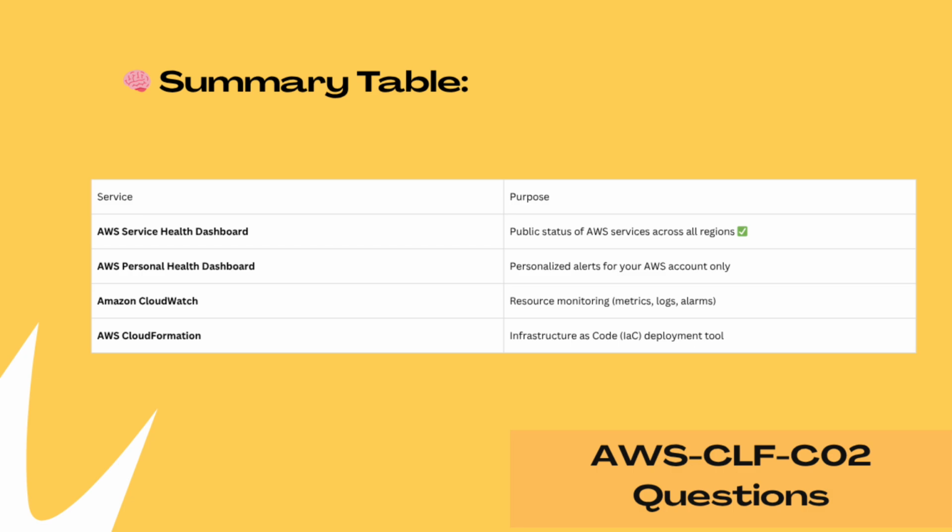AWS Personal Health Dashboard is personalized alerts for your AWS account only. Amazon CloudWatch is resource monitoring like metrics, logs, alarms, and AWS CloudFormation is an infrastructure as code deployment tool.